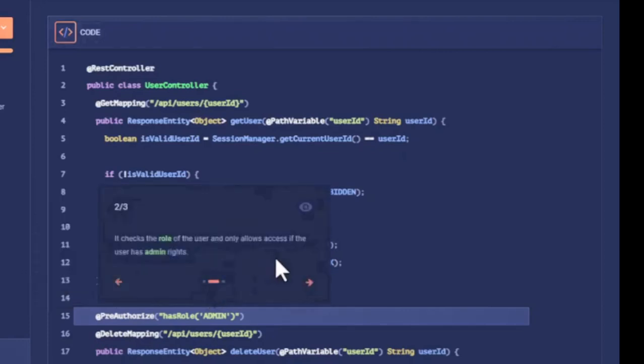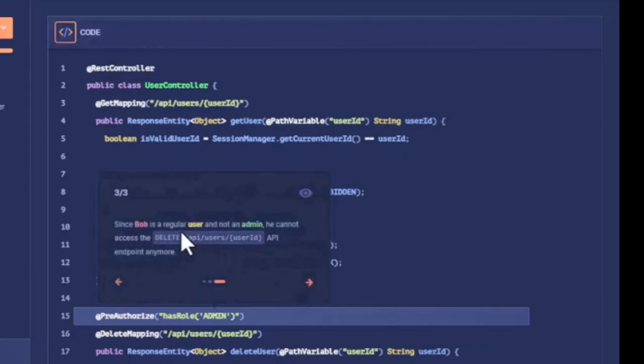It checks the role of the user and only allows the access if the user has admin rights. Since Bob is a regular user and not an admin, he cannot access the DELETE API user ID endpoint anymore.